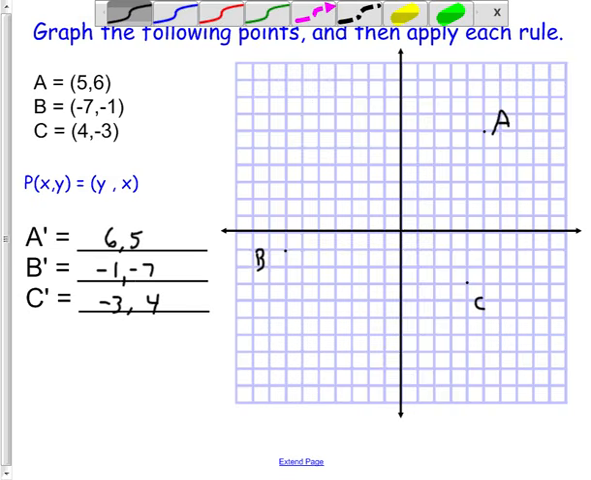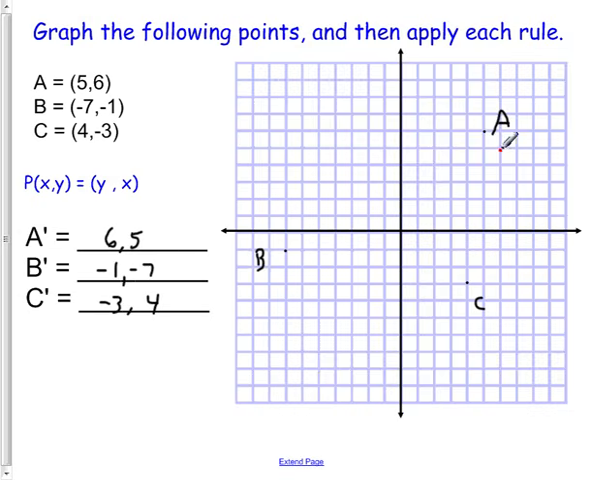Okay, so let's plot these points in red. We get 6, 5. That's A prime. We get -1, -7. That's B prime. And we get -3, up 4. That's C prime. So this one is kind of tough because it's not a rotation because the A would rotate